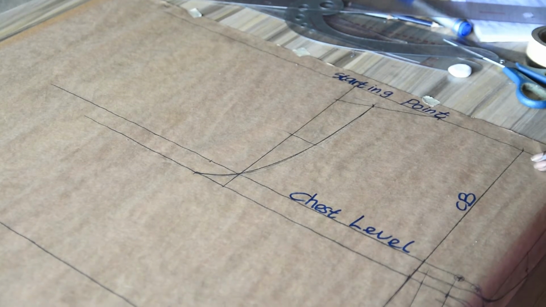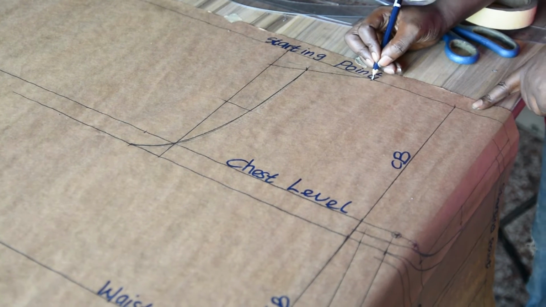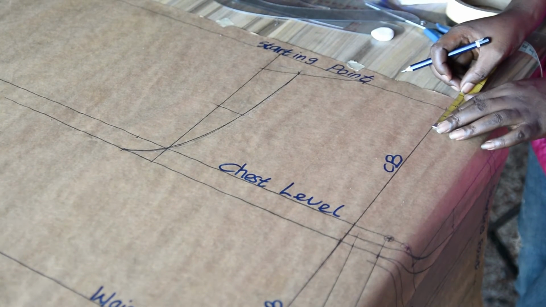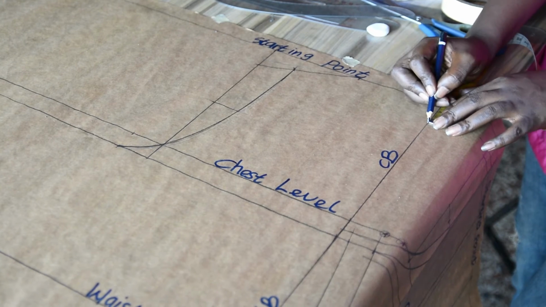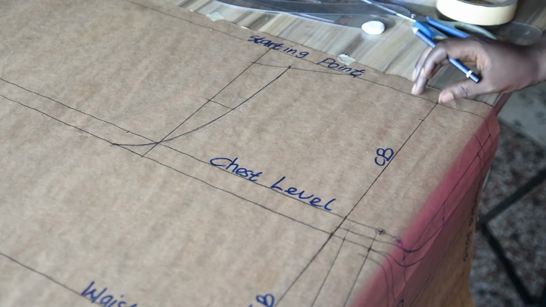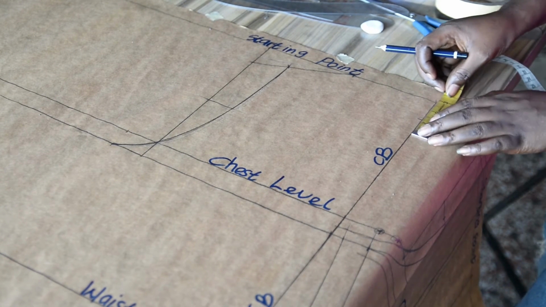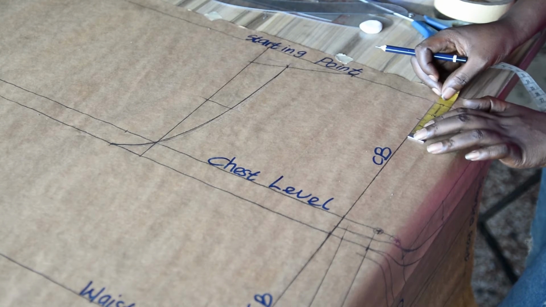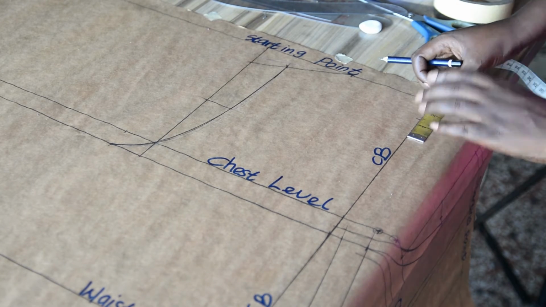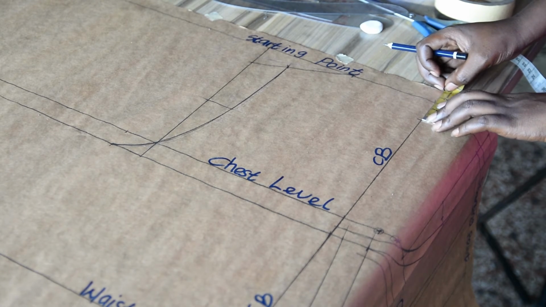Now we proceed in drafting the neckline. Now I have my neck width measured out, which is 4 inches. Then for the neck depth, I will be using 1.5. I use 1.5 based on the design of the waistcoat. So this has to do with the design you are working with. In my previous video on how to make a waistcoat, I used 3 inches based on the design of that waistcoat. But for this particular one, I don't want the back to be that low, so I'm using 1.5 inches,